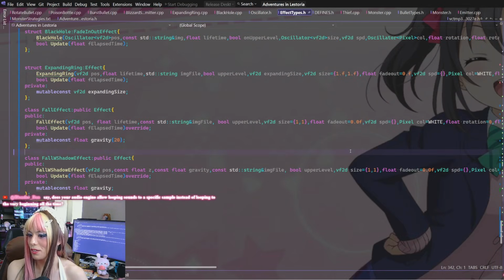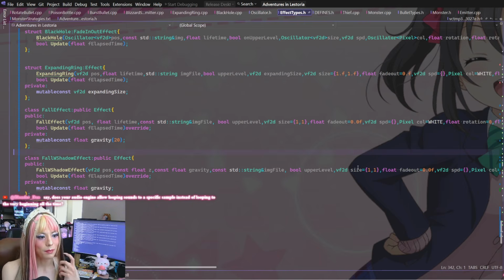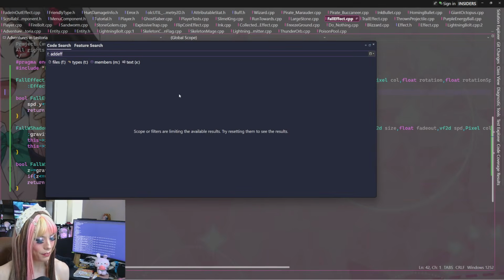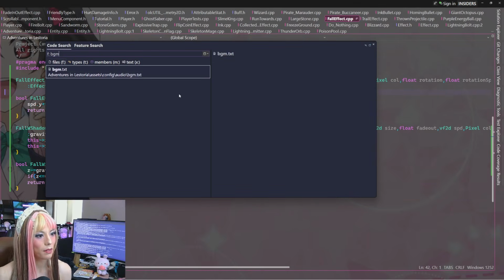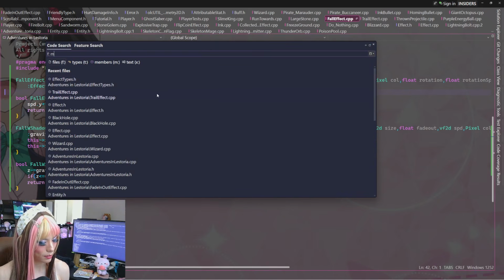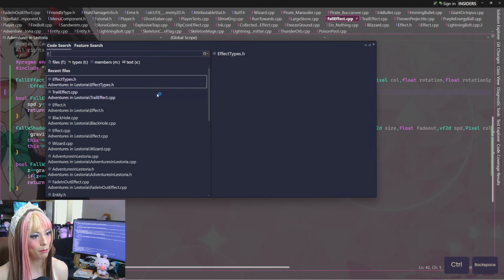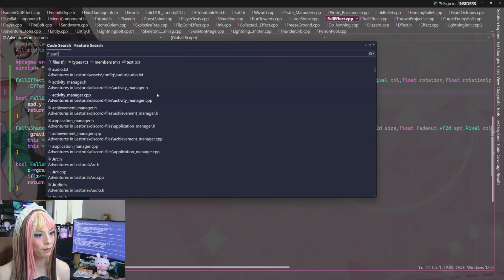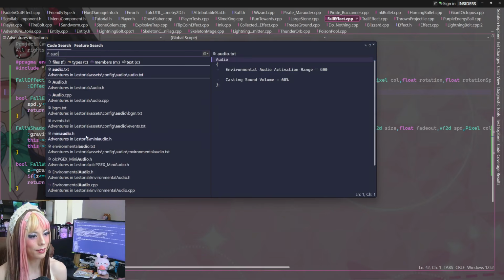Does your audio engine allow looping sounds to a specific sample instead of looping to the very beginning? I mean, it could. Let me see here. That's the wrong place. I think I just called it BG. I swear I called it BGM, but apparently not. I just call it audio?